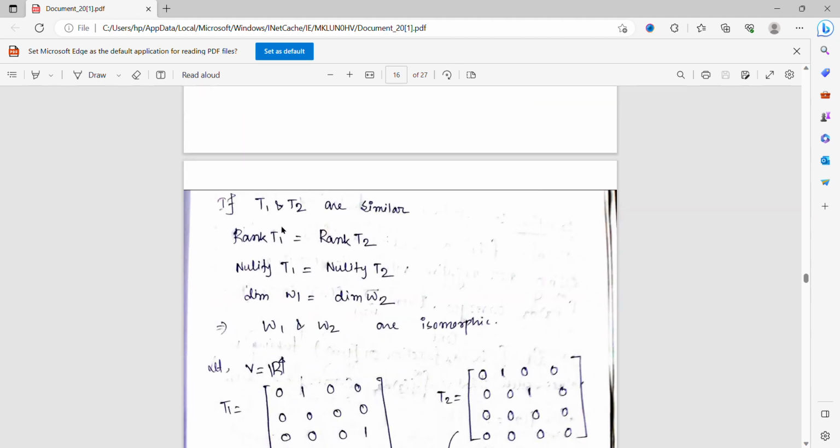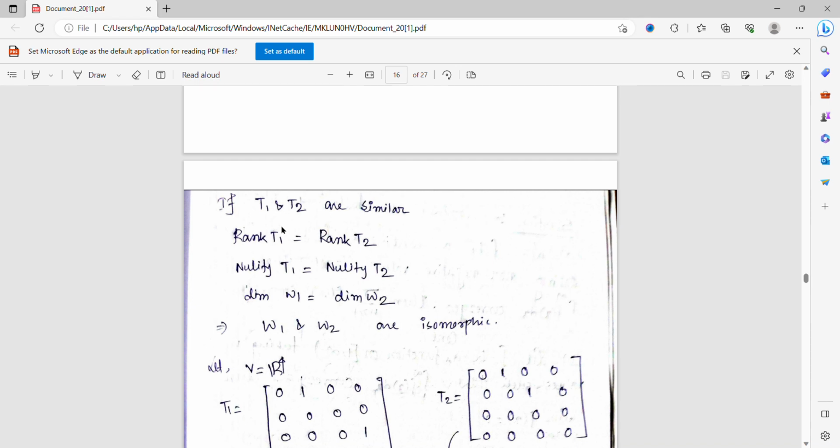If T1 and T2 are similar, that means the rank of T1 and the rank of T2 are the same. That means the nullity of T1 and the nullity of T2 are the same. That means the dimension of W1 and the dimension of W2 are the same. Now we know that V is a finite dimensional vector space and W1 and W2 are both subspaces of V. So W1 and W2 are both finite dimensional, and it is enough to have the same dimension to be isomorphic because